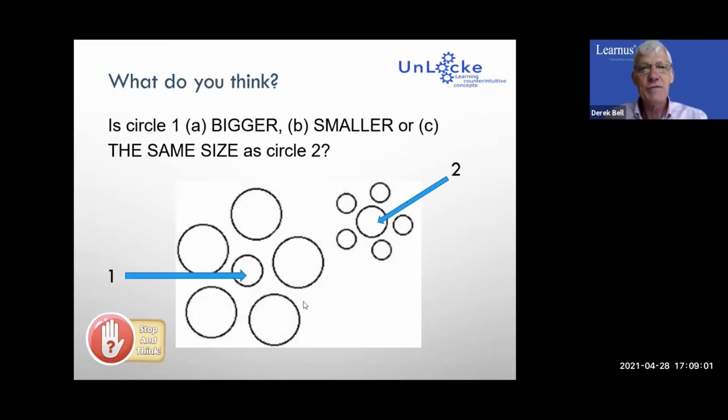Obviously, I guess most of you have seen the question before. The answer is they are the same size. But when you look at them, they appear to be different. And very often, particularly in young people or people who haven't seen it before, they will go for 2 being bigger. And it's all to do with the way we perceive the question in relation to the circles around it. If we go on to the next question,